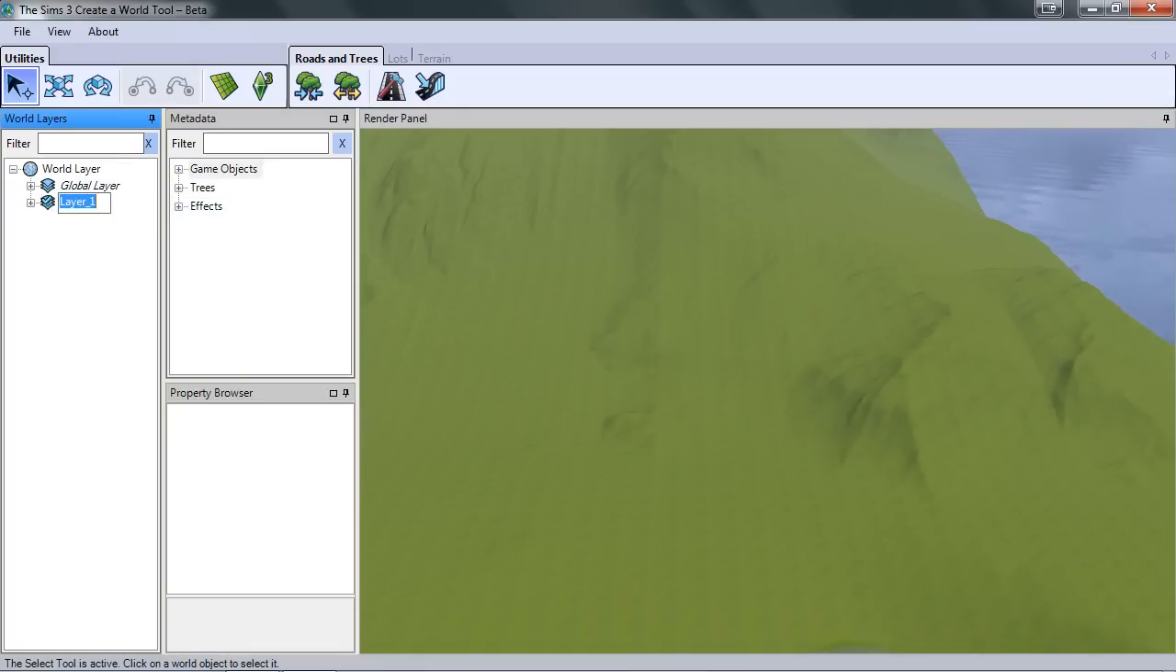I can rename it simply by clicking on it. I'm going to rename this one to decorations. In this layer, I'm going to put trees and all that sort of stuff. So this window here that says metadata, this is where you'll find all your objects and all your trees and